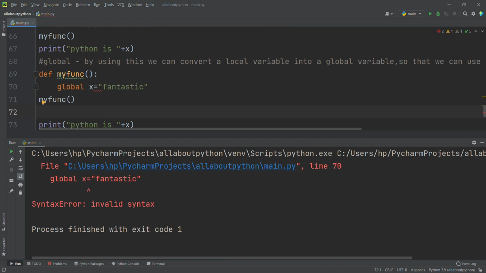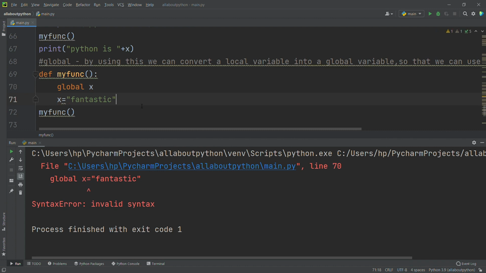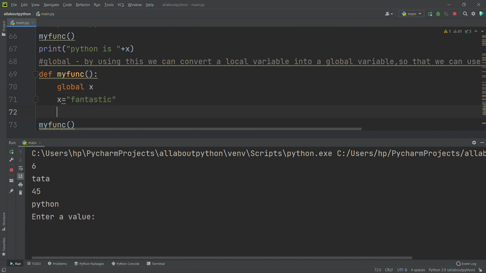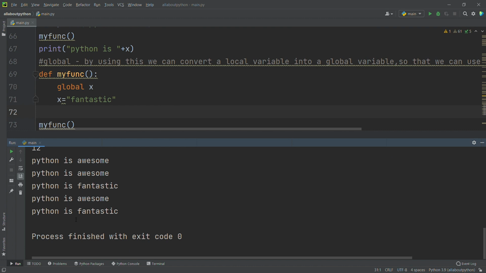Invalid syntax. Okay, I forgot to say that we are going to say global x and then we are going to give the data here. Then only it's going to recognize it as a global variable. Now again I will run this. Sorry for that. See, now it's printing. Before this function if I try to print x, it's printing awesome here.